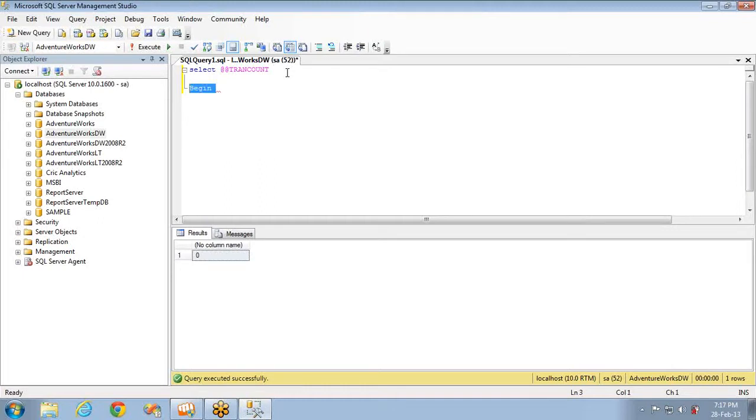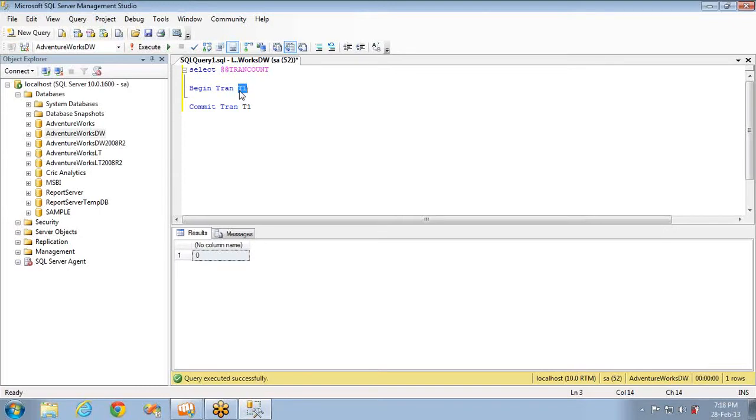Before going to the nesting of transactions, there is one more thing I want to say about transactions. You can give names to the transactions. For example, begin tran T1 and commit tran T1. This is how you can provide the names: transaction begin, and the transaction name.